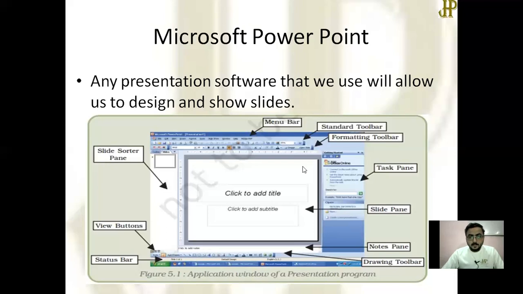In the middle, you can see a slide pane, where the current slide is displayed. And at the right side, you can see a task pane, where all the related functionality of tasks are listed.